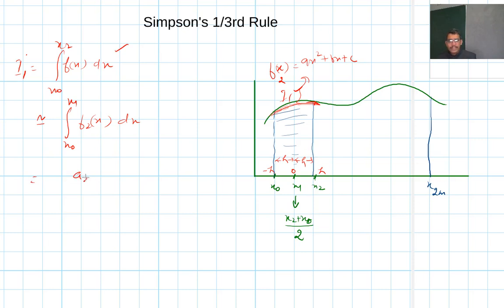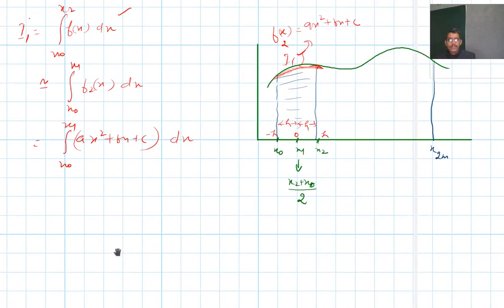It is ax square plus bx plus c, dx, from x0 to x2, sorry, not x1 but x2. And let us find its integral. Now if I find the integral, then this will become ax cubed by 3 plus bx square by 2 plus cx,